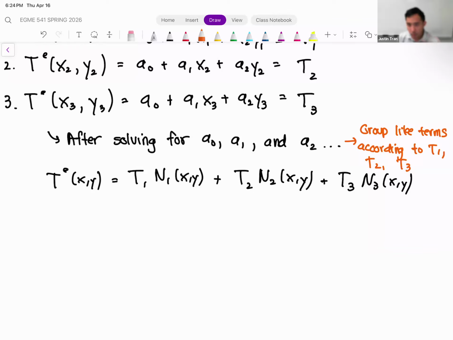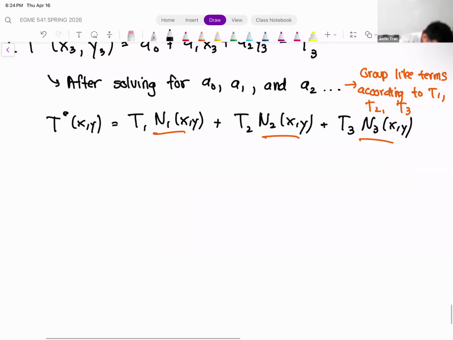Okay, so we're going to have one term with T1, another term with T2, another term with T3. Everything that's multiplied by T1, T2, and T3 forms our shape functions here. So I will give you their exact expressions. N1 of x and y for a three-node triangle is equal to 1 divided by 2